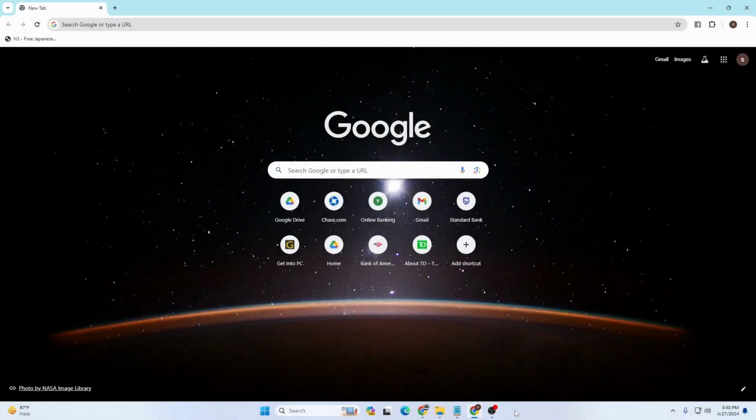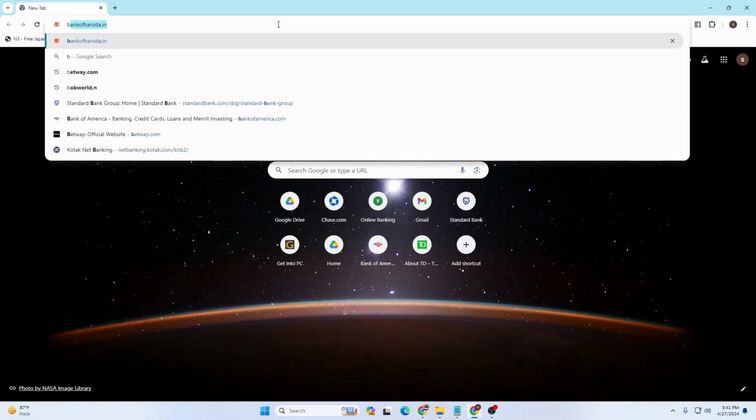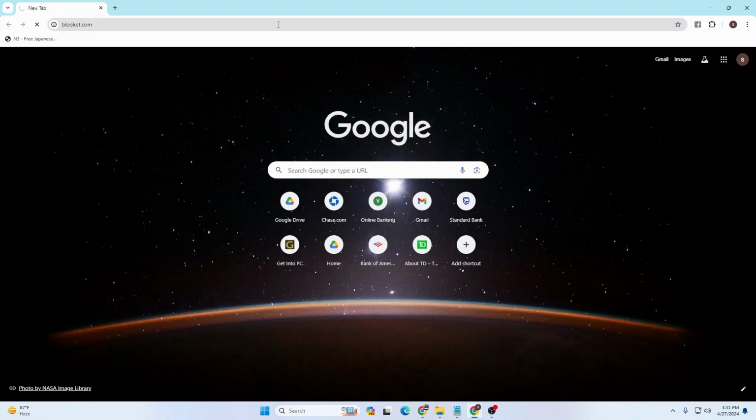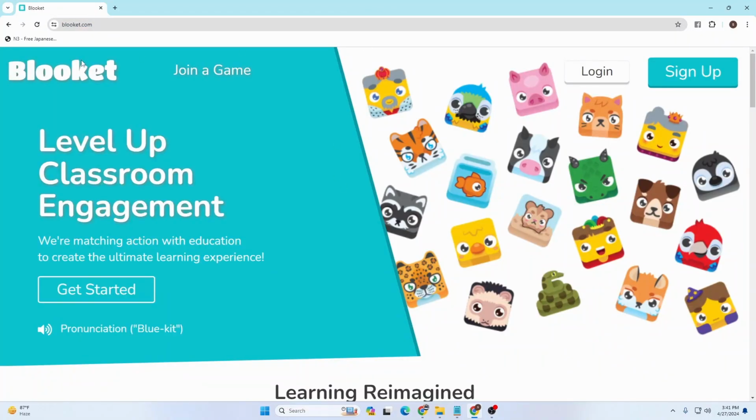Now to log into Blooket account on our computer, first open up your preferred browser as I've already opened the Google Chrome, and on the search bar click over there and type in the address blooket.com and hit on enter, and then you'll be directed to the home page of Blooket, where you can see there is the login button